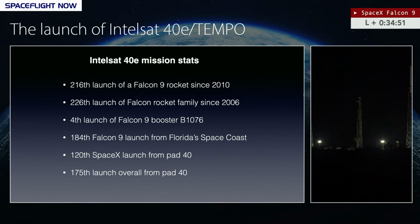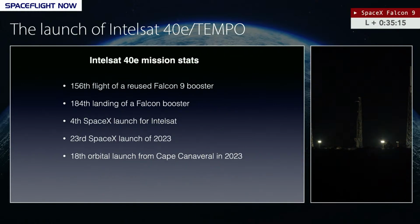The 120th SpaceX launch from Pad 40, which you're continuing to see live, and the 175th launch overall from Pad 40, including SpaceX Falcon 9 flights, as well as more than 50 launches of the Air Force's Titan rocket, dating back to this pad's entry into service back in 1965. This was the 156th flight of a reused Falcon booster. It was the 184th successful landing of a Falcon booster, including Falcon 9s and Falcon Heavies,